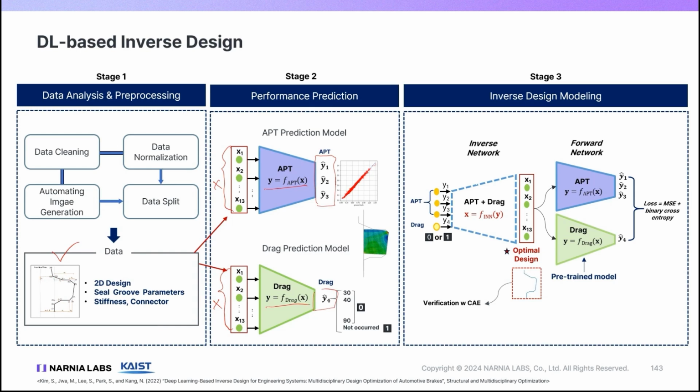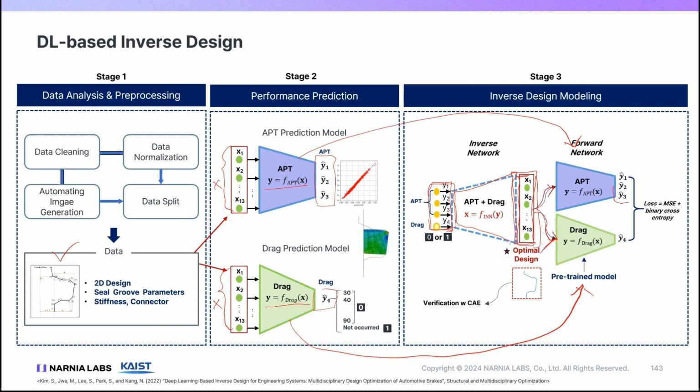So after doing this with supervised learning, these models are called forward networks, and we attach the forward network at the front. With the forward network at the front, when you input X, you get Y. Then at the back, you attach this inverse network, which generates X when you input Y. So if you provide the target performance values, Y1 to Y4, X is generated, and then that X is again